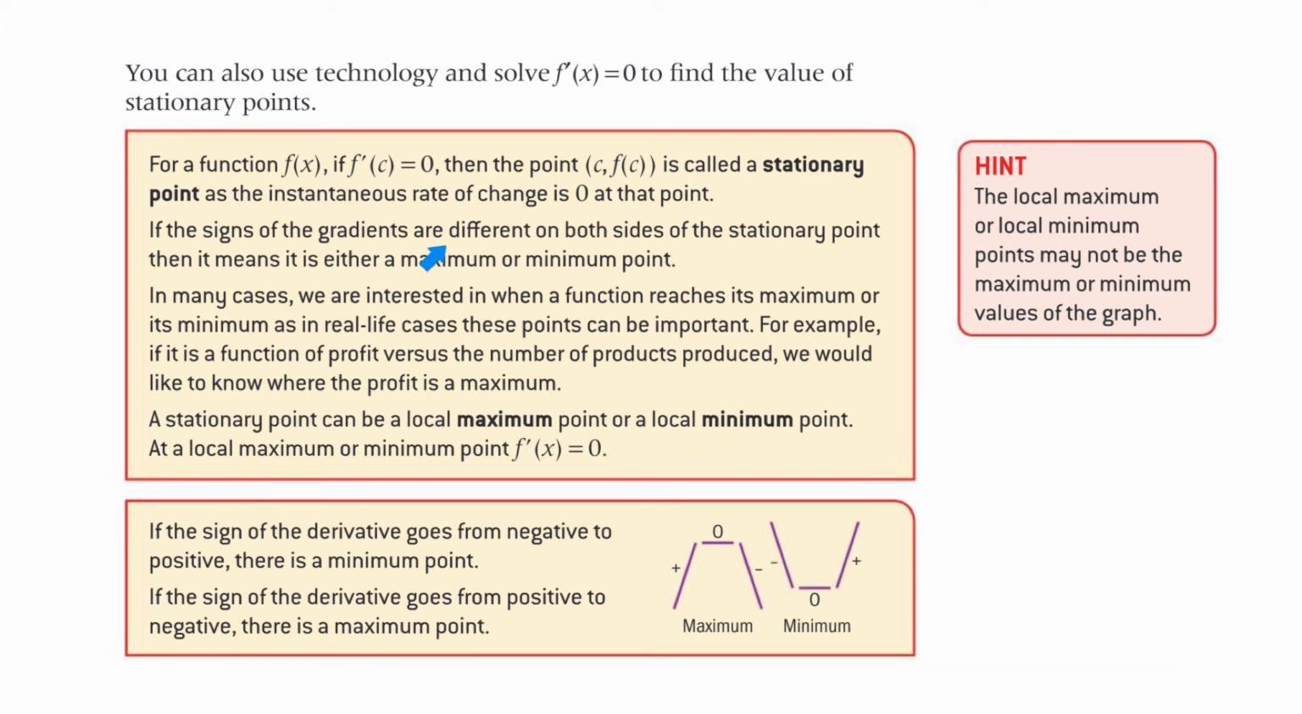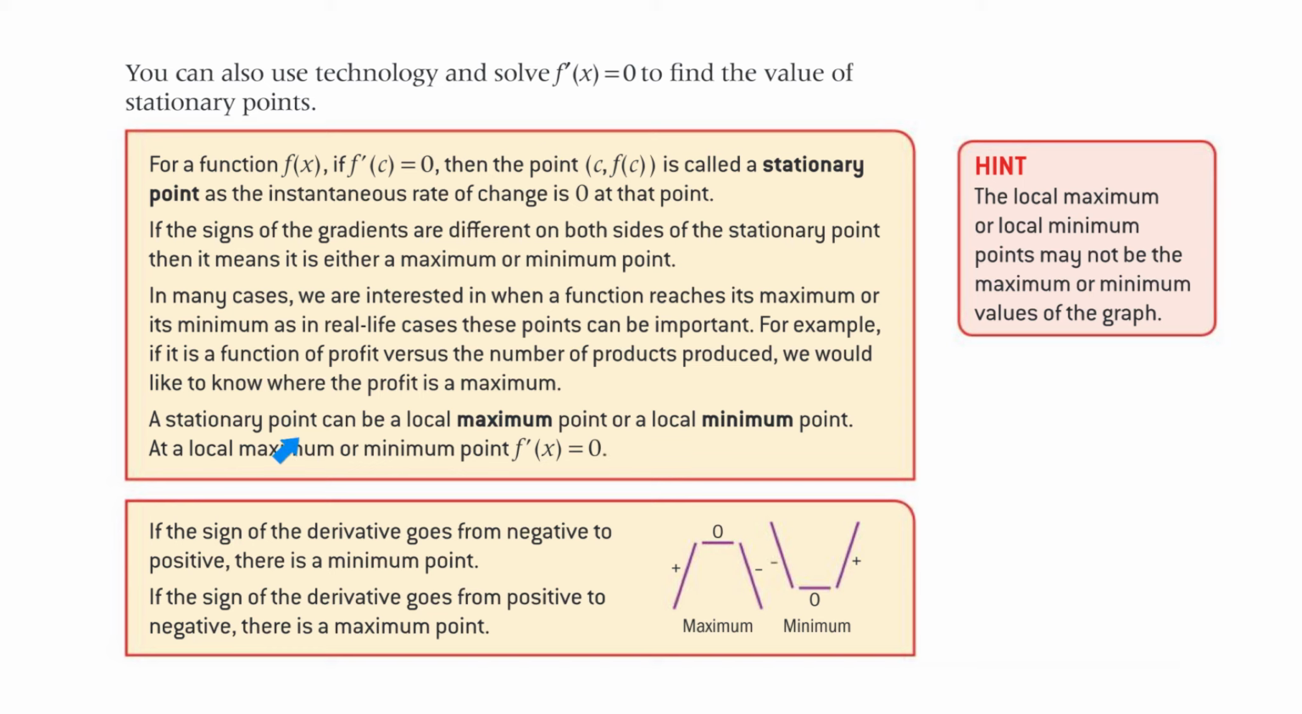If the signs of the gradients are different on both sides of the stationary point, then it is either a maximum or minimum point. Now, this is important later on, and right now it's also important because it identifies whether it's a maximum or a minimum. In many cases, we are interested in when a function reaches its maximum or its minimum, as in real-life cases these points can be important. For example, if it is a function of profit versus the number of products produced, we would like to know where the profit is at a